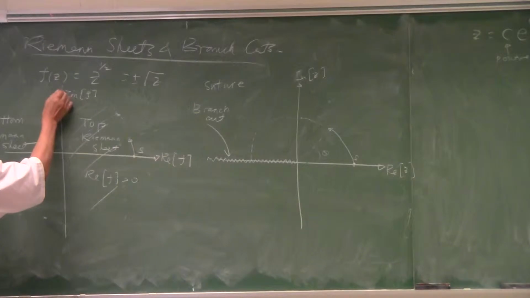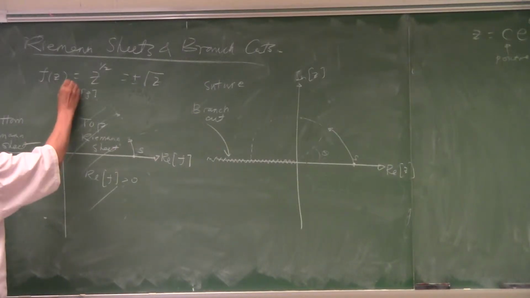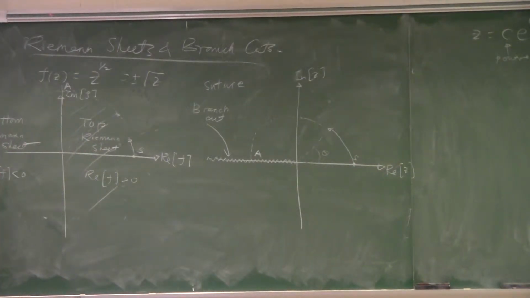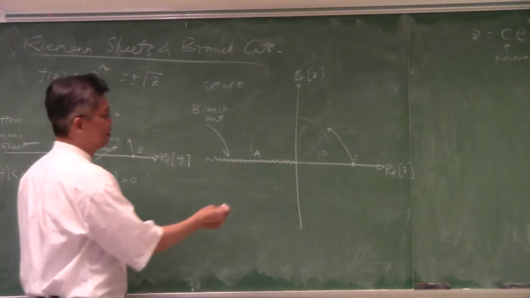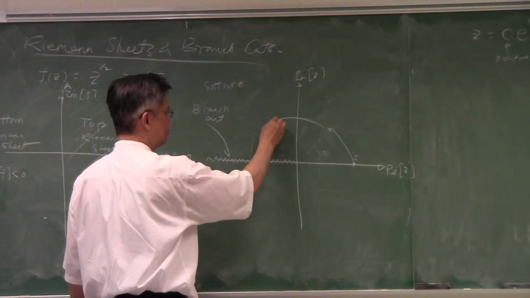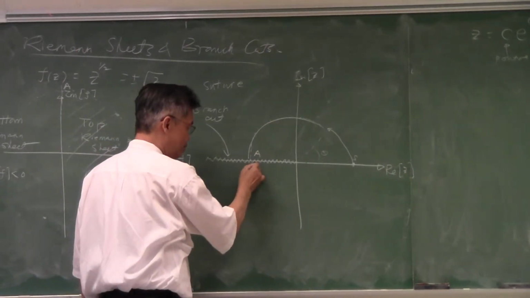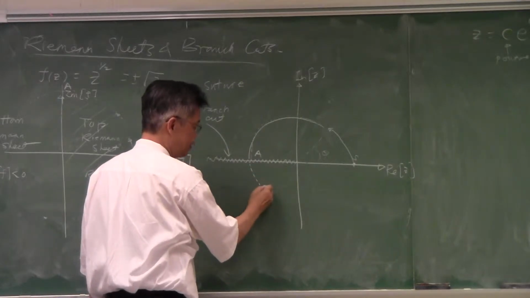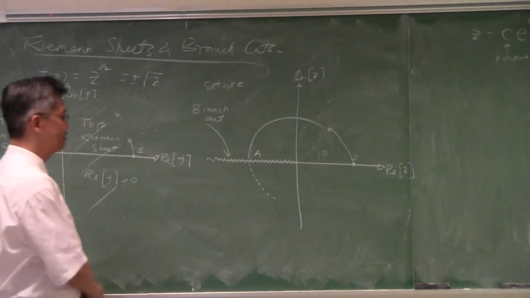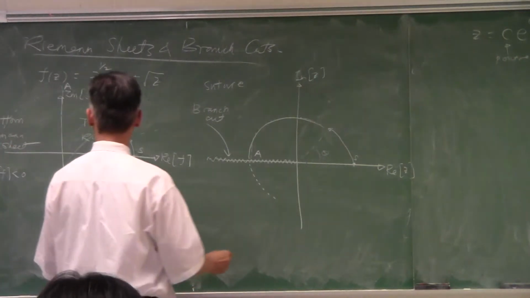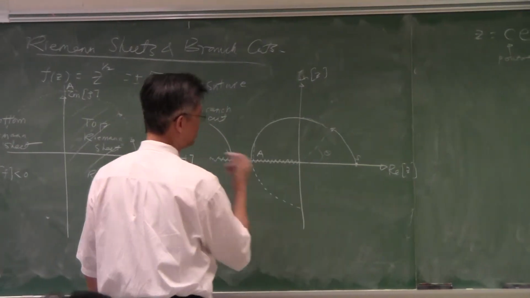And if I keep marching, let me call this point A, and that point will map to A over there. And then if I keep marching over here, I'm on the left half plane. Let me denote this with solid lines. And if I decide to go to the left half plane, I actually have to go to the bottom Riemann sheet, which I denote with a dotted dash mark. And then when I reach over here, I'm actually over here. Now, but on the bottom Riemann sheet,